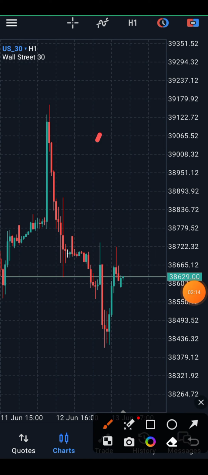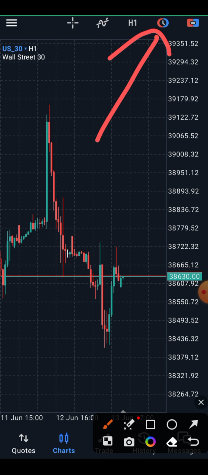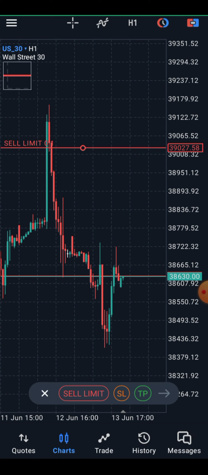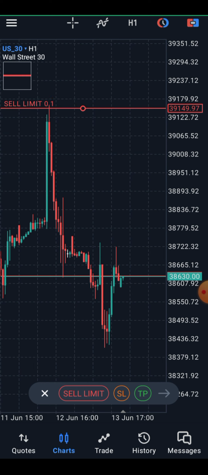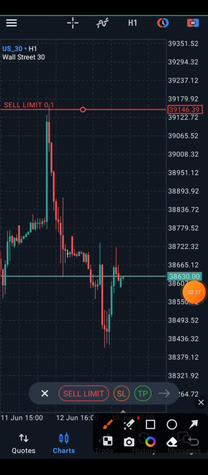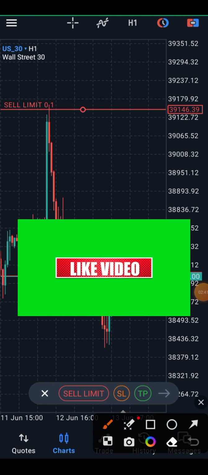So this is a normal way to do it, but with the new MT5 feature, you can see this arrow right here, this round red and blue with a little white inside that looks like a clock. You click on it. So if you click on it, you see sell limit. The reason why it's showing you sell limit is because